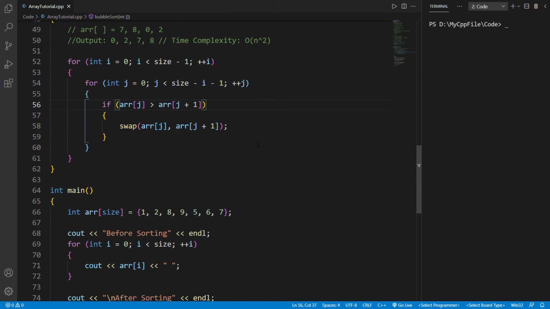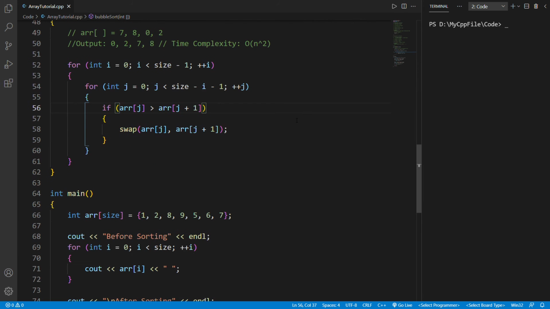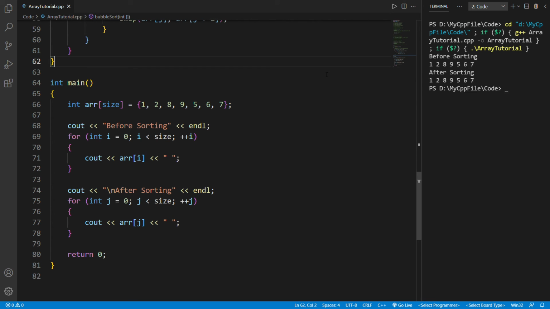Fine. So let's run this code and check if it's working or not. See, as I have shown, nothing is printed, because I haven't called the function.